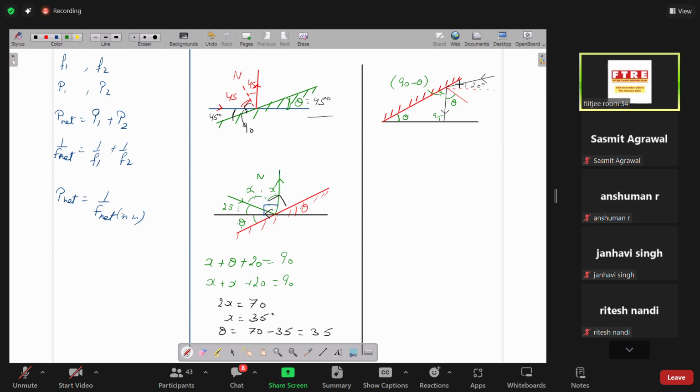If this is theta, this is 90 minus theta. No, sorry, this should not be theta. Why? No, this is going to be perpendicular, right? And if the ray makes an angle with the plane mirror, this angle should also be 90 minus theta, right? The grazing angle of the ray with the plane mirror will be 90 minus theta on both the sides. Okay,